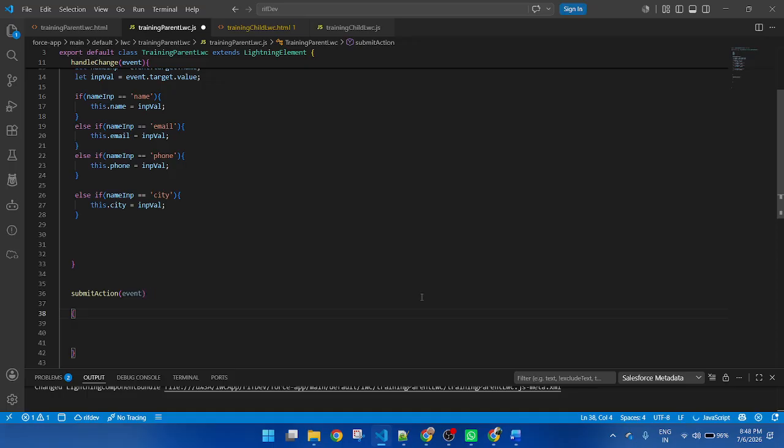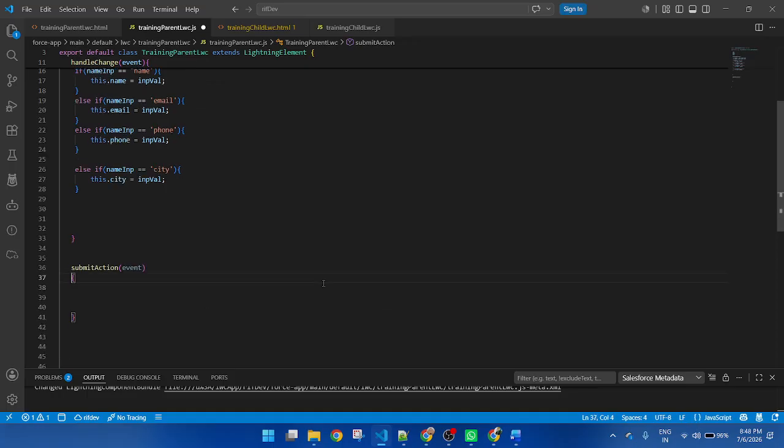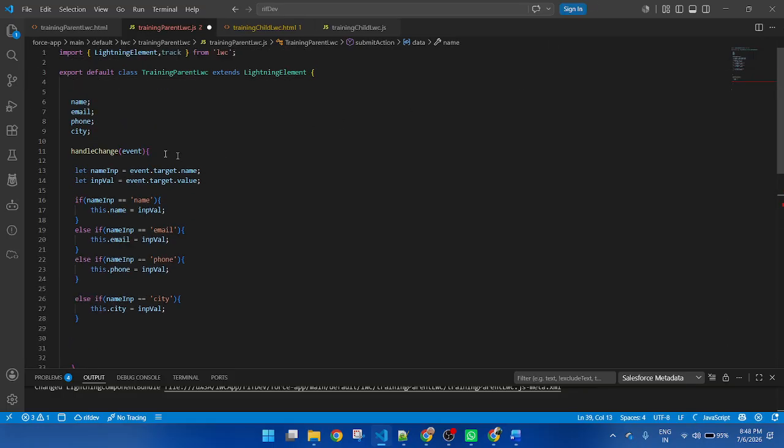Event. So first, create an object, data, and here create a key and value like name colon this variable.